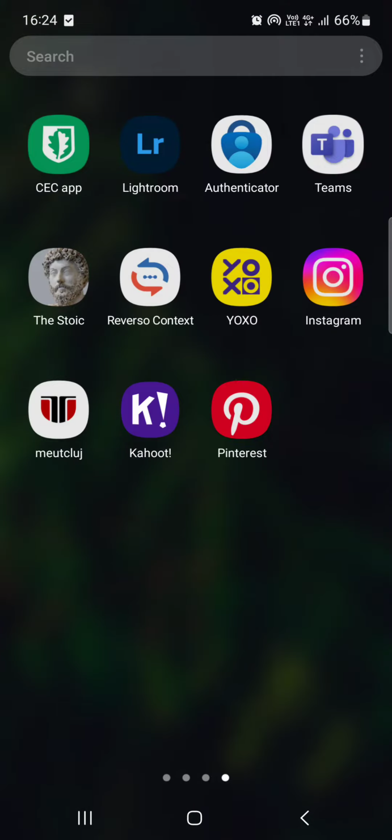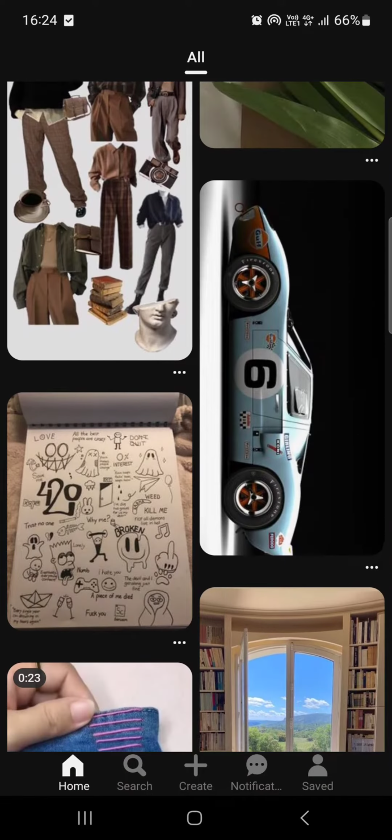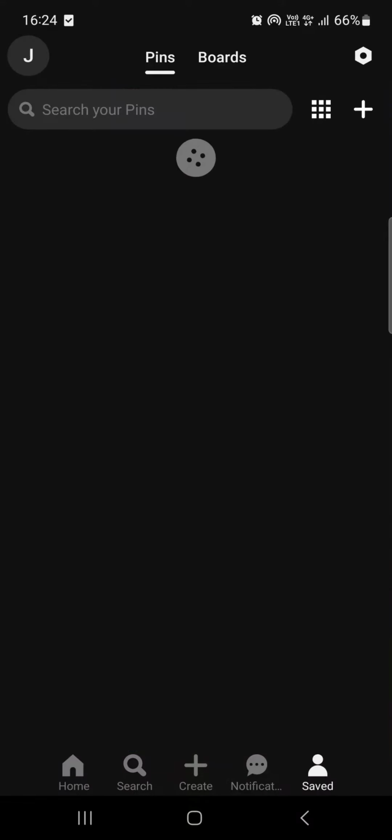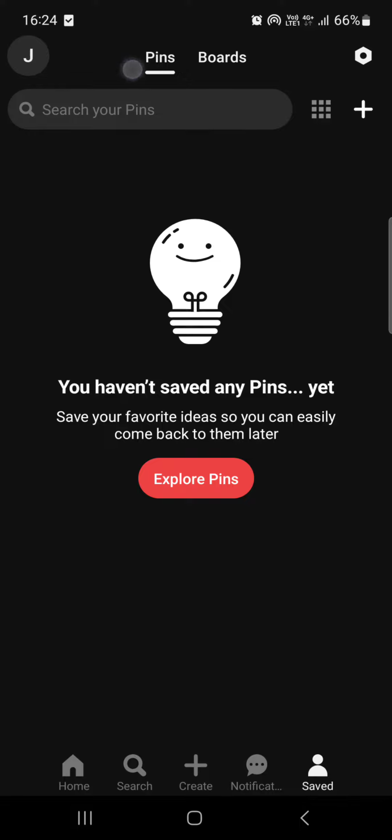First we have to open up the Pinterest app. And here in the Pinterest app it opens up in the feed. From here we have to go into the saved menu. And in the saved menu we have to tap on this little cog in the top right corner,